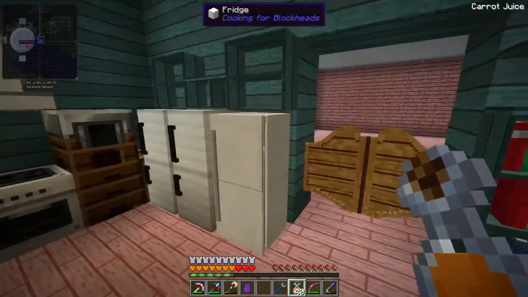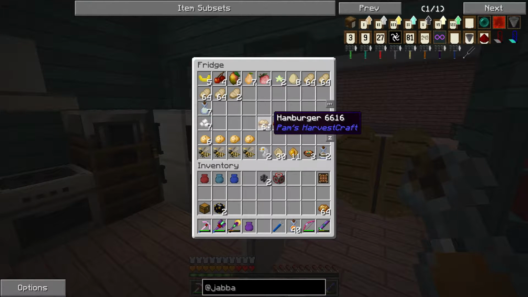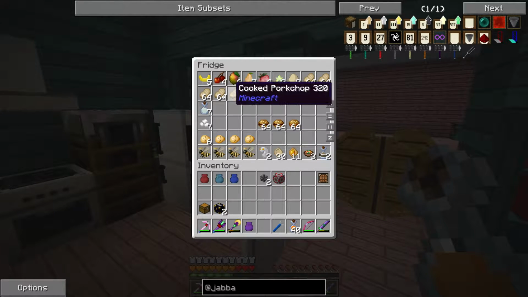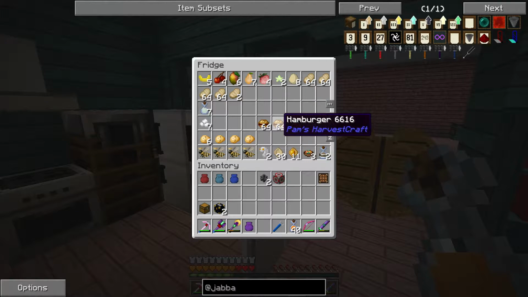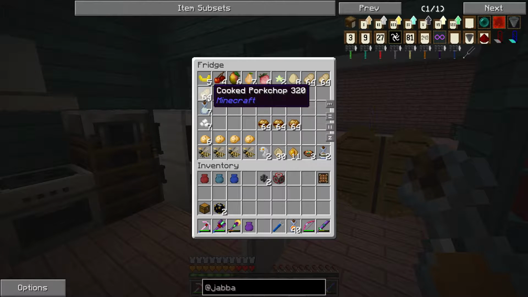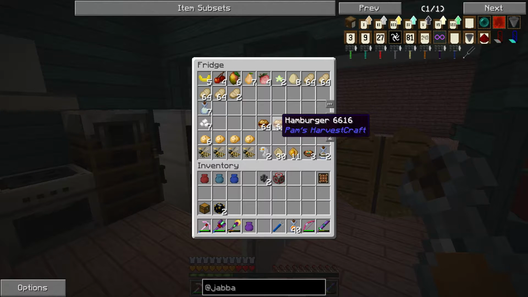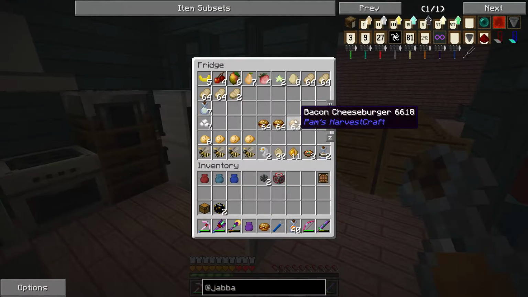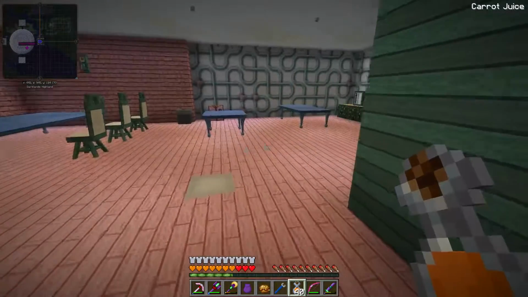So in here, you can see now I've made some hamburgers, got some fruit salad, and this is the ultimate goal, the bacon cheeseburger. So I've gotten myself a ton of cooked pork chops. In order to do that, all we need is the cheese, and then we can put the pork with the cheeseburger and we'll get a bacon cheeseburger. So that's going to be one of the big things we're going to be selling, is that there. And the reason why I want so much cheese, see in here,